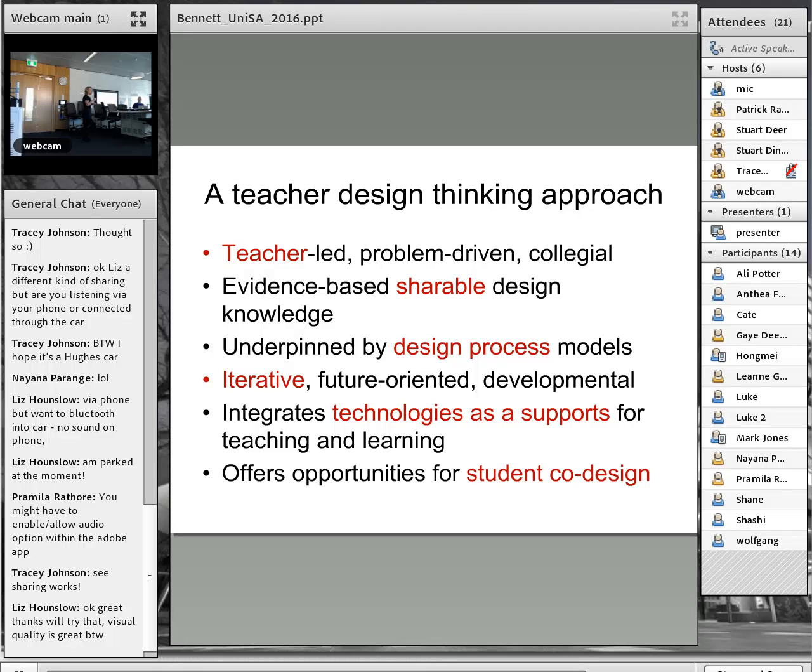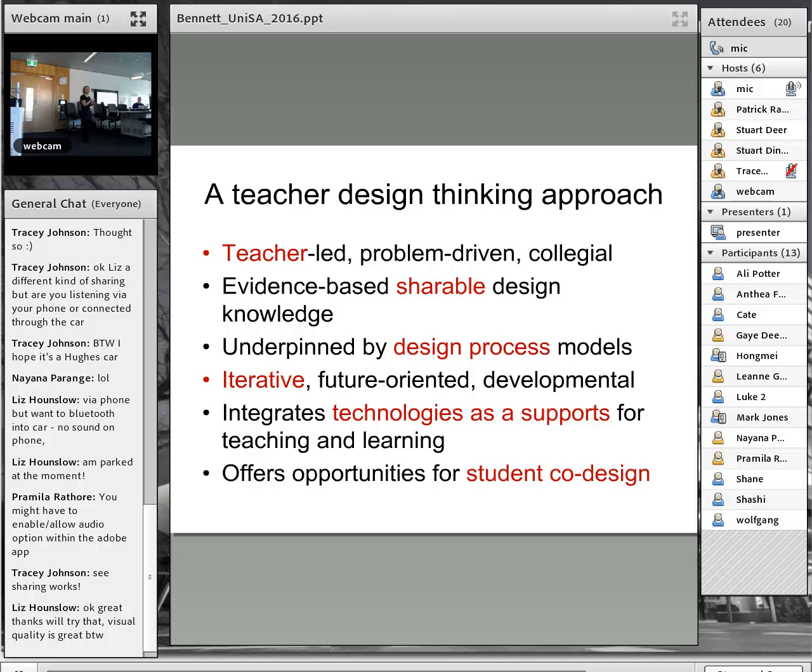Okay, and if we were to take a design savvy approach, it opens up some opportunities for student co-design. Now, I think this is becoming something that's being increasingly talked about. But just a little aside, I know this is being recorded, but that's okay. I was talking about this to some colleagues the other day, and I could see that my ADE was sitting in the front row, and when I did that, she just went, and I think she was thinking about all of the headaches and the hard work it was going to be in terms of paperwork to have students co-design, because we've got to set these designs down in concrete and they become sort of like a quasi-legal contract.